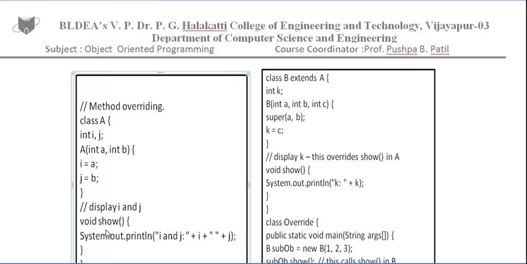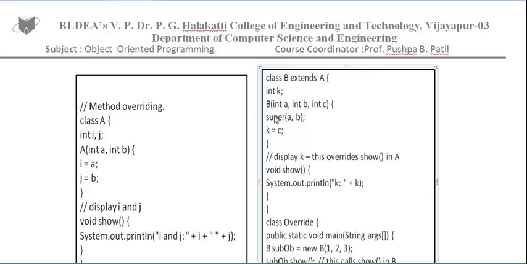Similarly, there is a method called display. The signature or function prototype of this is void show. There are no parameters and it is going to display the i and j values. Similarly, a same-signature method belongs to the derived class, that is void show, which is going to display the k value. And there is one constructor inside this derived class with three parameters.